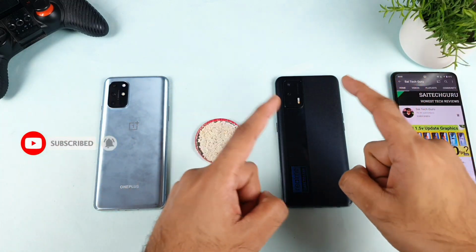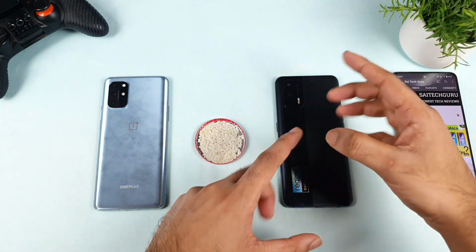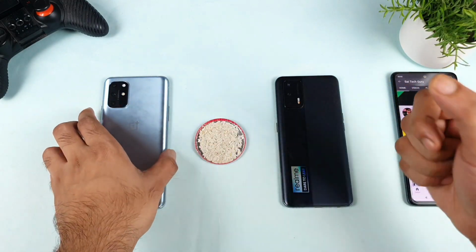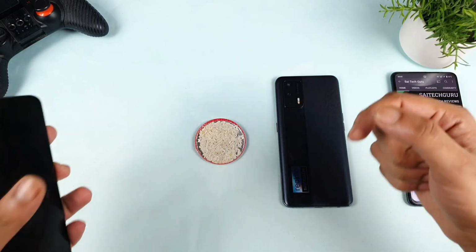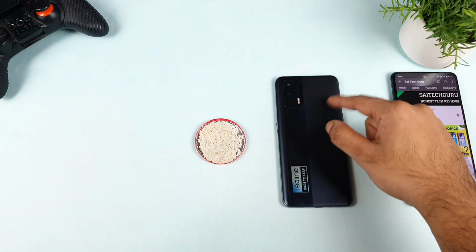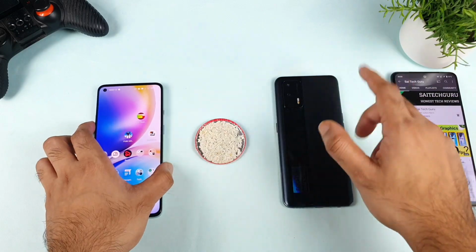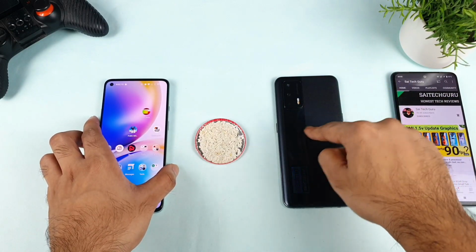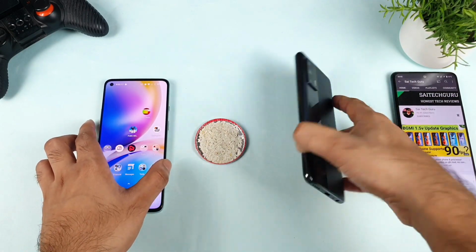One quick note: the Realme X1 Max back panel is completely made of plastic. Other users did mention that might be the reason why you see a lot of vibrations on the Realme X1 Max device in this area. Yes, in this area the Realme X1 Max has got the vibrations.